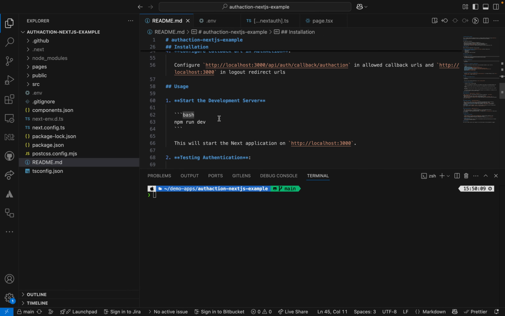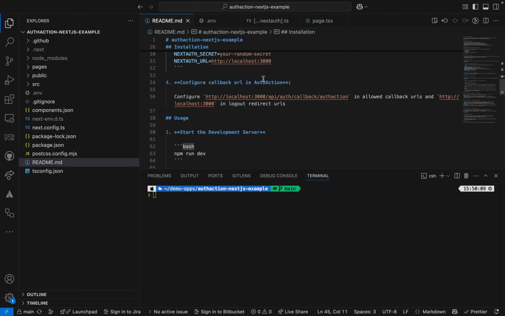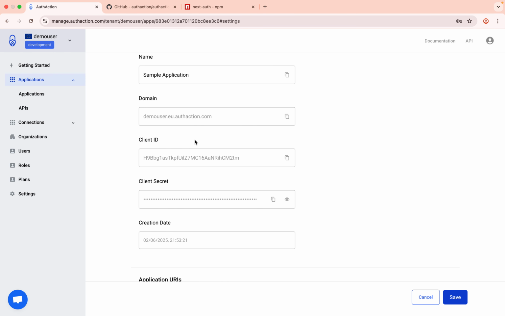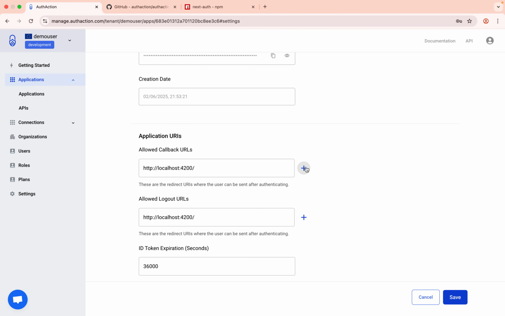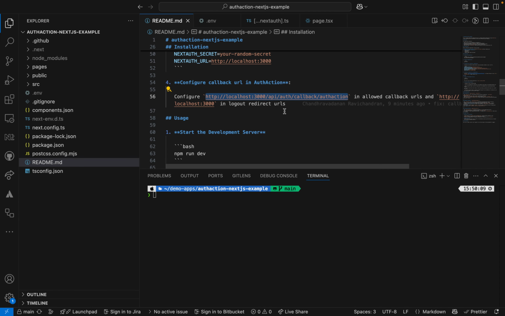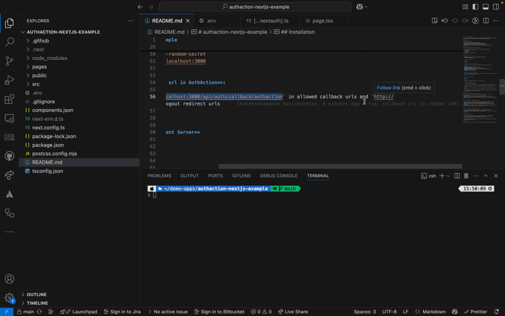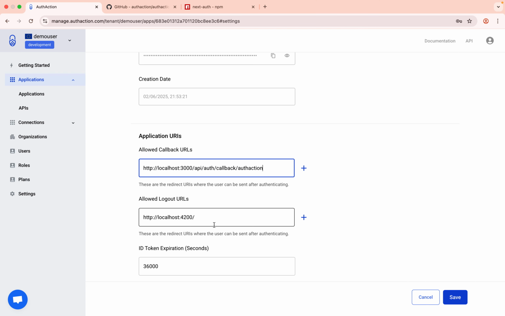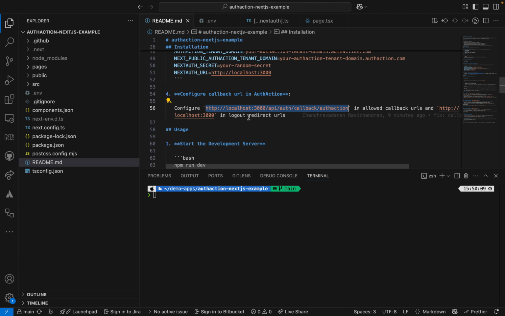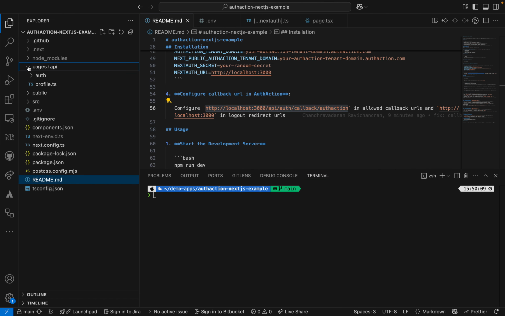Now I'm going to start the application. Before that I need to configure the callback URL in AuthAction. For this application I need to configure this URL as a callback URL. If I go to the application and then the allowed callback URL, it's not there, so I'm going to configure that, and then I'm going to configure port 3000 as a logout URI as well. So I'm done with the save, and then I can see why it's needed, because in the pages there is